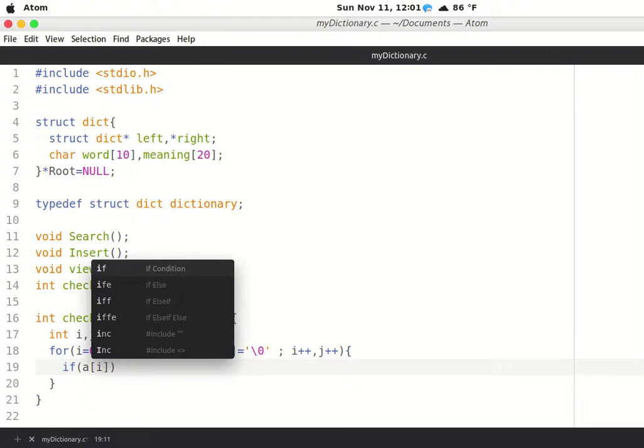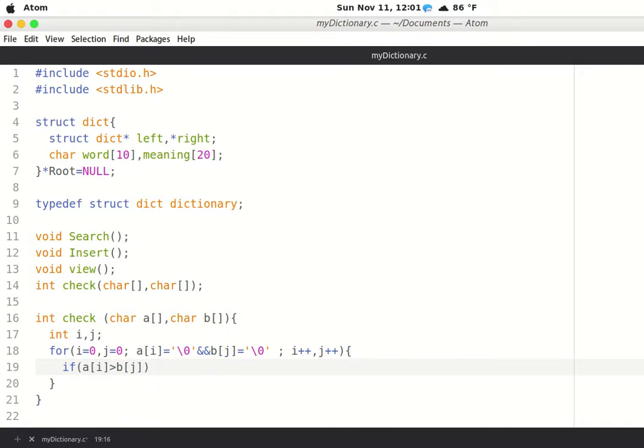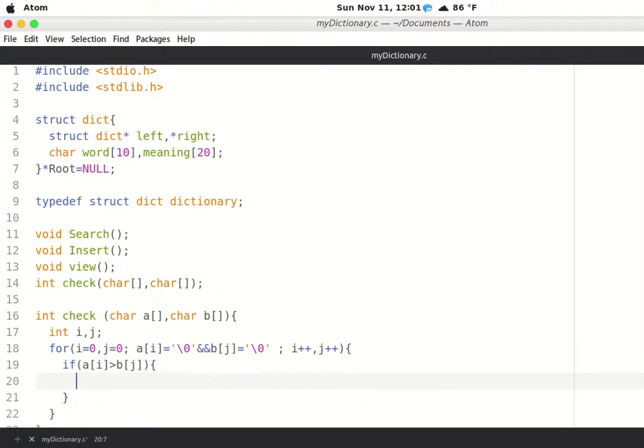If a[i] is greater than b[j], like you are on the page of dream and you want to get the meaning of apple, so of course you need to search the pages before dream, right? So in that case d is greater than a, so suppose let's take a variable c and let's make c equal to 1,